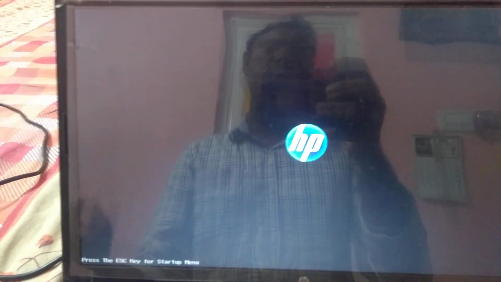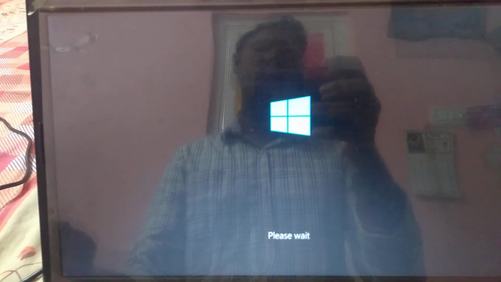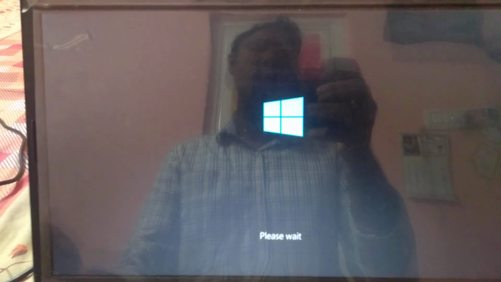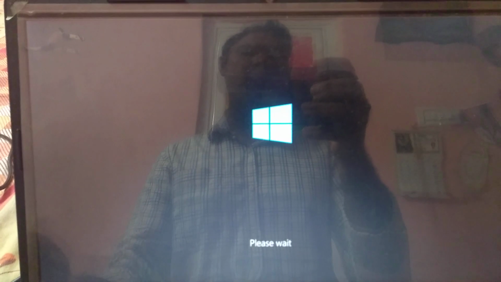When you click this option, it will prompt for your login, your user ID and password, and once you enter your user ID and password, it will boot up again, or it will fix any issues. It will fix the issue, or it will give you the analysis why it is giving the black screen, or at least it will give you some more information.